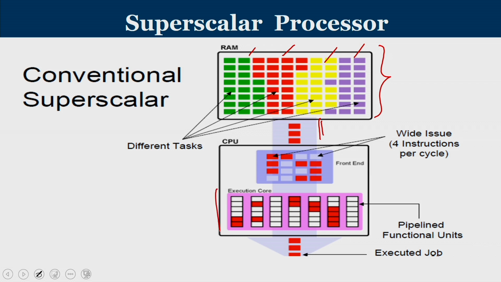And this is an execution core. It's a pipelined execution unit, meaning an instruction which is here, it moves to this unit. Like that, it takes multiple cycles for the instruction to complete the execution. So many execution units are there, all connected. So you can imagine I am using a 4 wide issue, or 4 instructions are issued in a clock cycle. Conventional superscalar. So the idea is multiple instructions are fetched, multiple instructions are executed, and that's what happens.